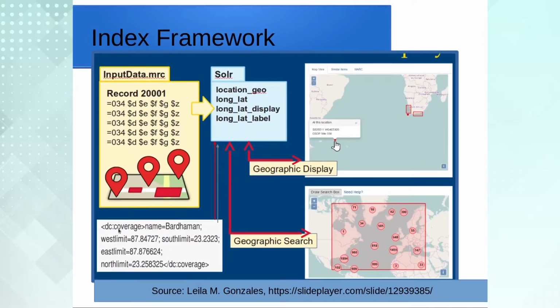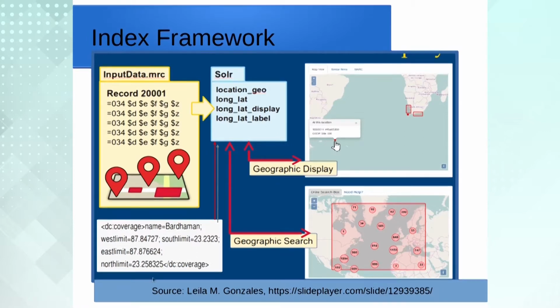Here we have given one example: DC coverage, name equal to place name, west limit, south limit, east limit, and so on. So, these two data formats we have encoded. Then we are using Solr, which uses fields such as location underscore geo, long lat, long lat display, and long lat label. So, VuFind is connected with its backend Apache Solr retrieval engine through these fields.